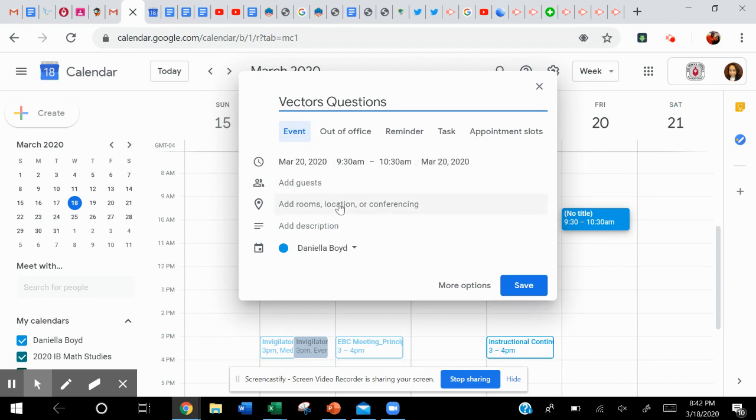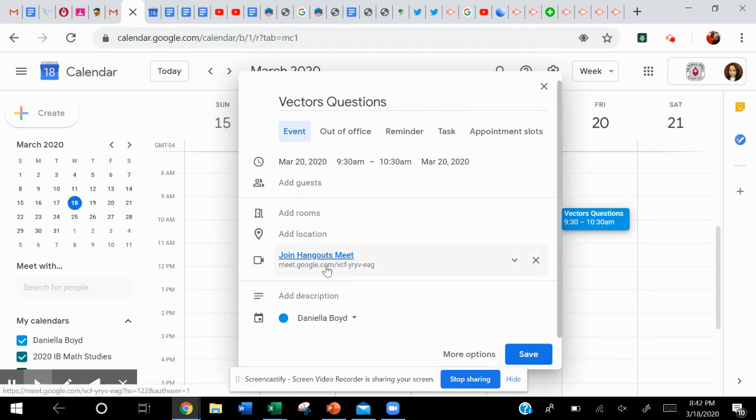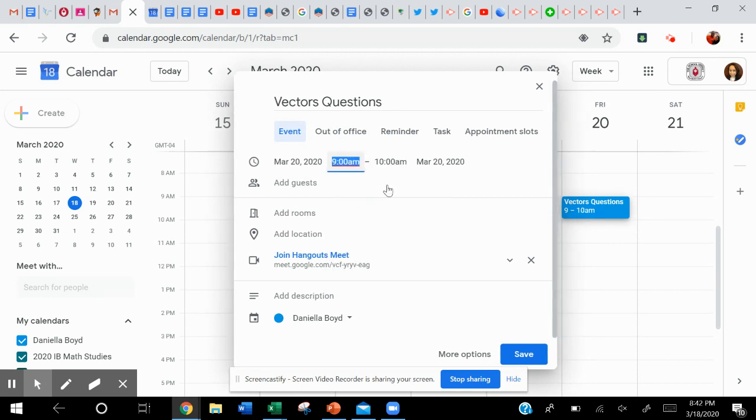Now, here's where it's important. You're going to click add rooms, guests, and all that stuff, and then if you click add conferencing, automatically it creates a Hangouts Meet for you. Okay, so let me adjust these times a little bit for myself because I'm actually going to send this out as we speak. And I see this and it's great, but then I'm like, how do I send this to my students? You could go through the painstaking task of adding each guest individually, but here is where Google